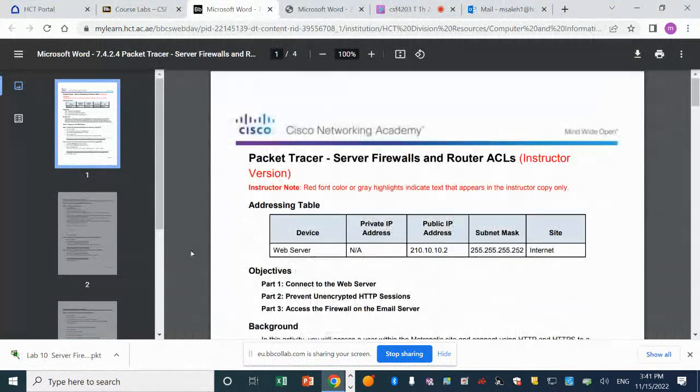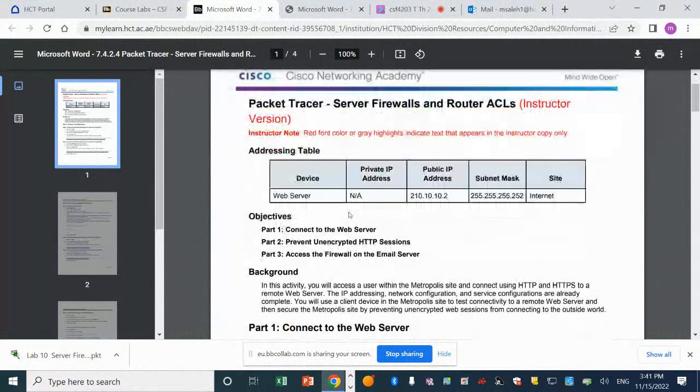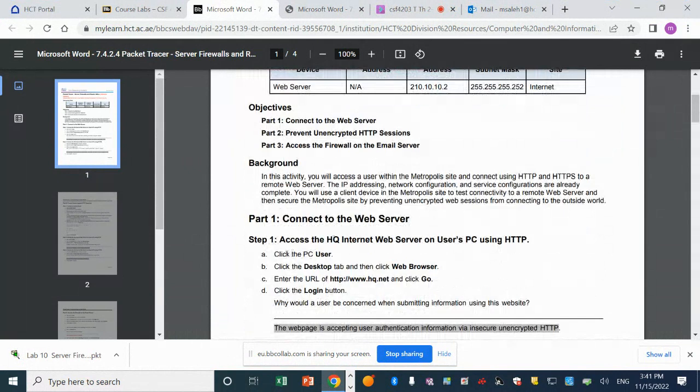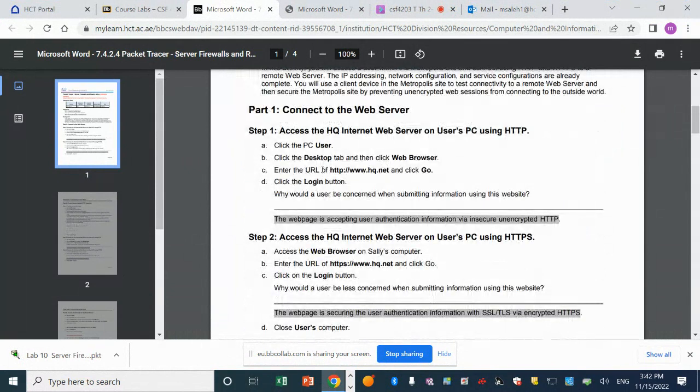So here is the objective of this lab. First, they will show you that without the firewall, you can do HTTP to a web server. You can also do HTTPS. But if you enable the firewall, you can block access to certain websites by using the firewall. At the beginning, they will tell you that you need to access the HQ Internet web server. So you go to the PC, open a browser, and then type